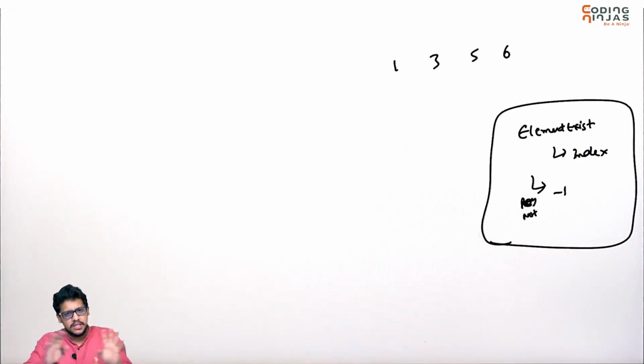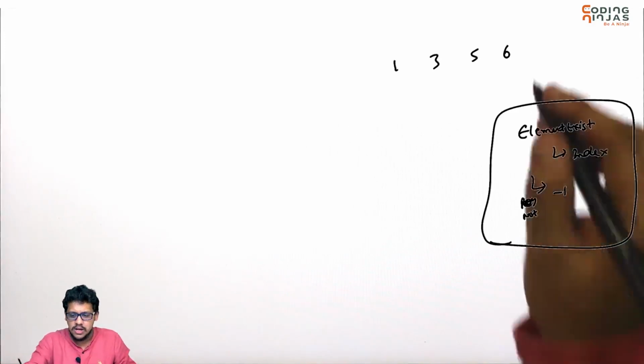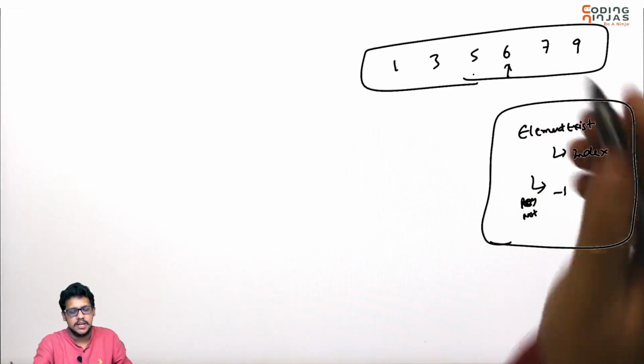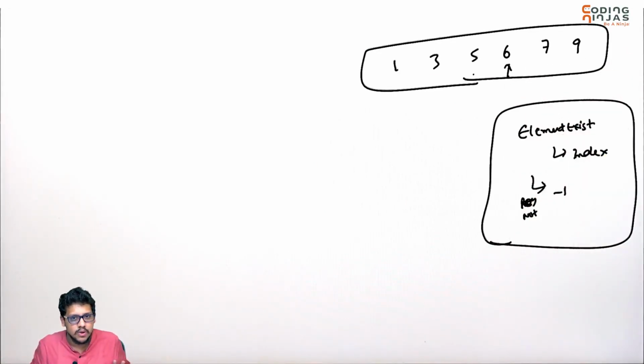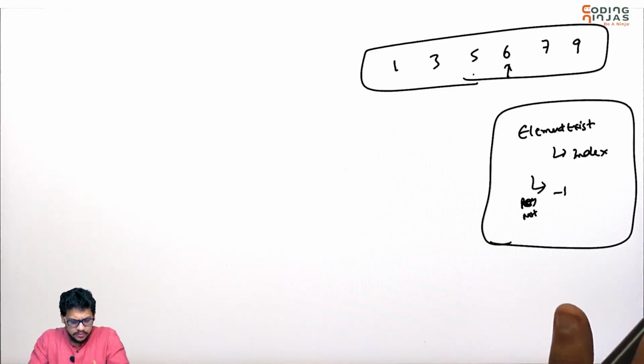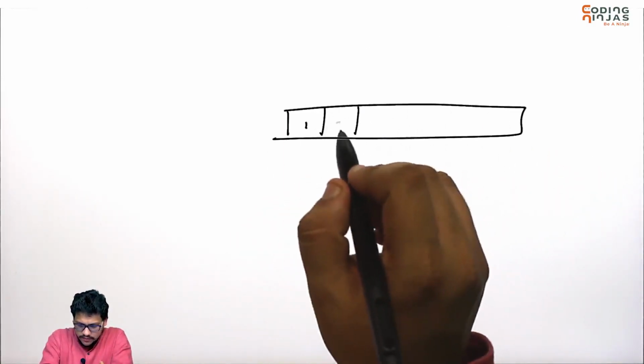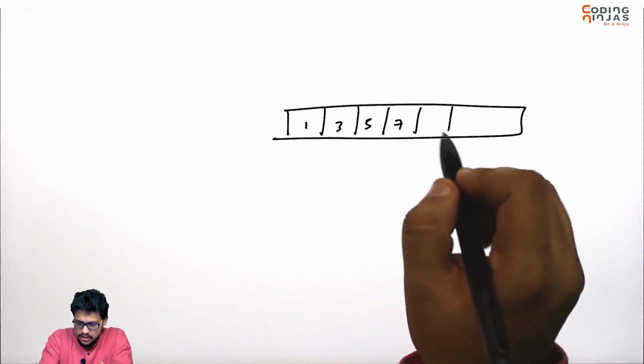We will apply binary search on arrays in which there are no equal elements, so each element will be greater than the previous element. So we will be given a sorted array, and our task will be to search an element in this array. Let's say you have an array 1, 3, 5, 7,